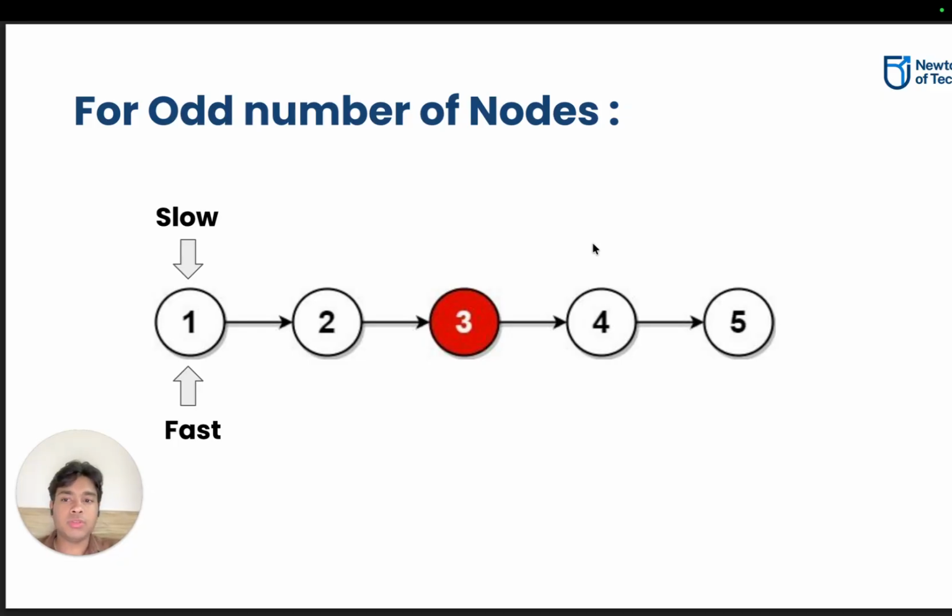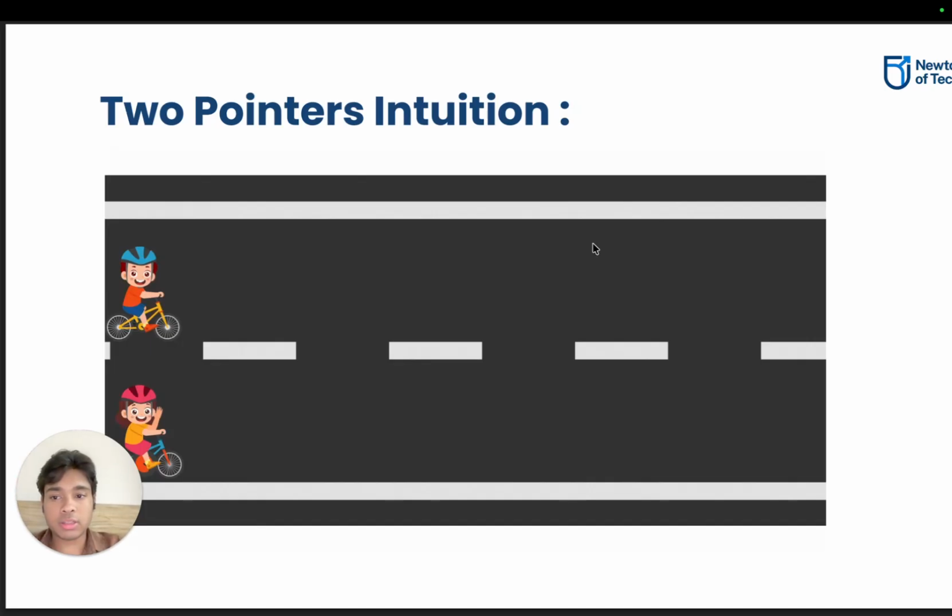So you can see there are two pointers, slow and fast, focusing on the first node, head. What the slow one is doing and what the fast one is doing: one is moving one step forward and the fast one is moving two steps ahead. Like two boys who are doing cycling. Okay, like you can see in the picture, the first one is moving one step, the second one is moving